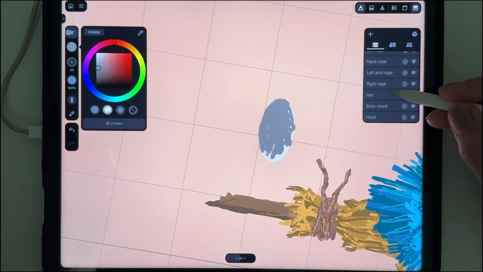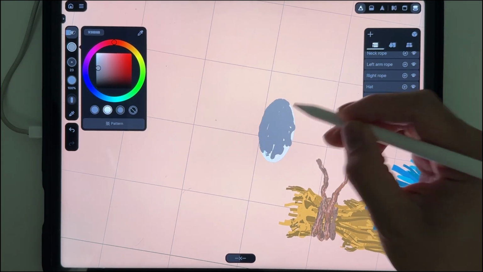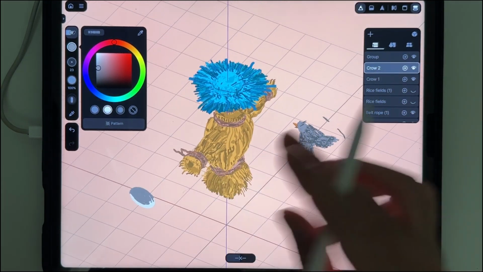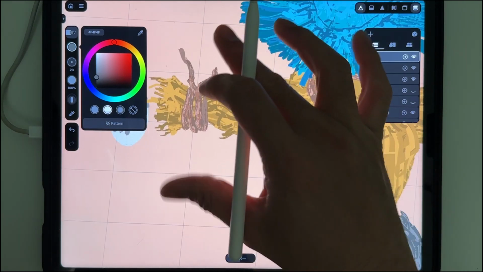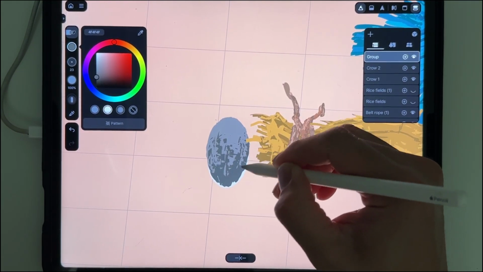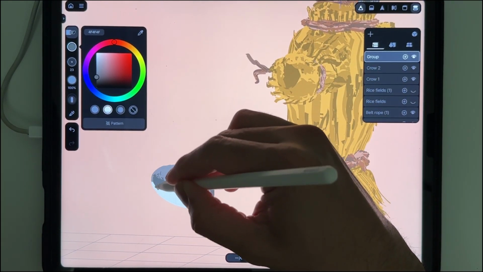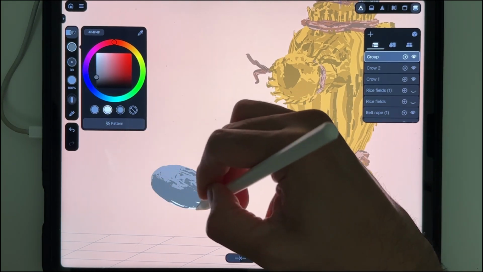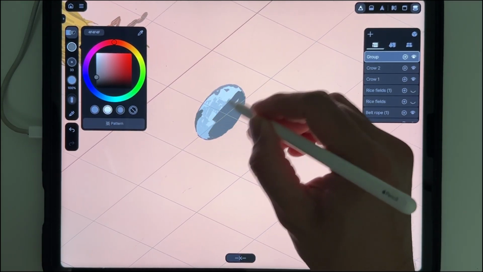Now let's just turn off this base wood. Then just the other color, one here. One here and there. This. Okay,